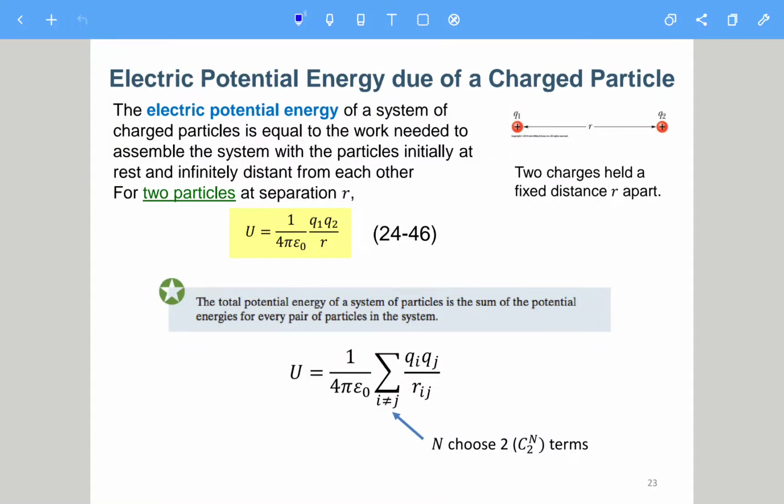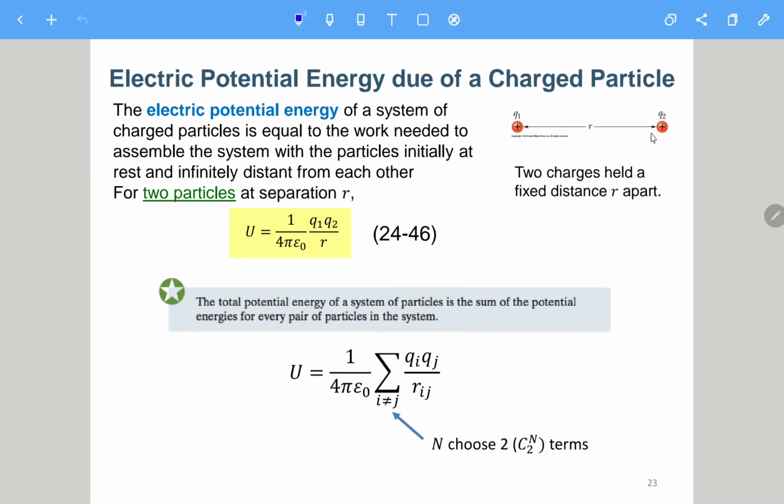Here we talk about the electric potential energy due to charged particles. Assume this is the simplest case: we have two charges here. Within this system, there will be some energy stored, because, for example, this one we have